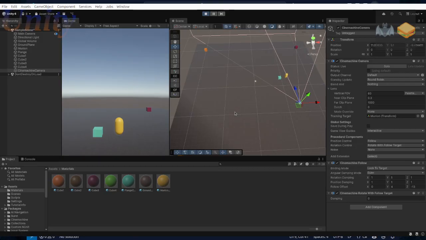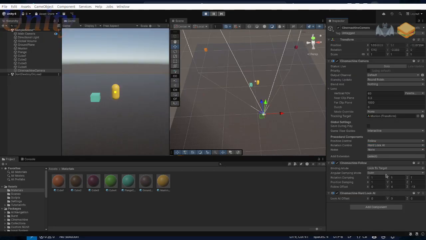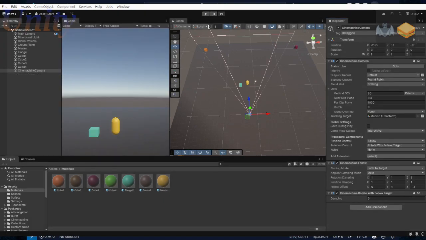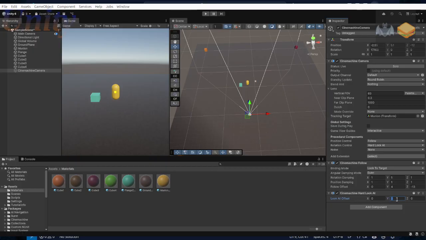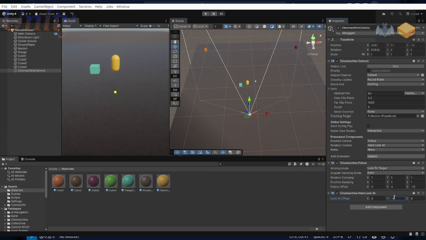That's cool. That must be that rotate with follow target. So I think that we did the hard look at. Okay, so let's do that. Instead of rotate, we do hard look at. And then I think our hard look at was like a -4 for the Y, and that's what we had before. So then when we press,